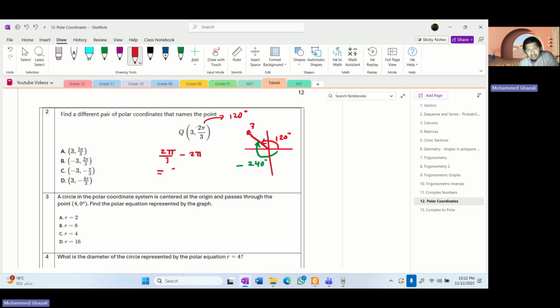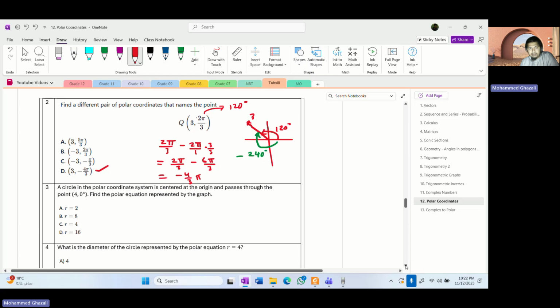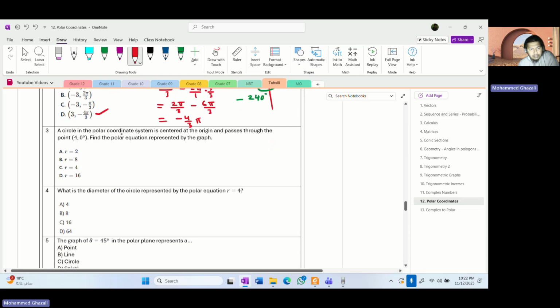So 2 pi over 3 minus 6 pi over 3. Why? Because that's over 1. You need to multiply by 3 over 3. So that's negative 4 pi over 3. So where's negative 4 pi over 3? 3 and negative 4 pi over 3. That's correct. Next one. A circle in the polar coordinate system is centered at the origin and passes through the